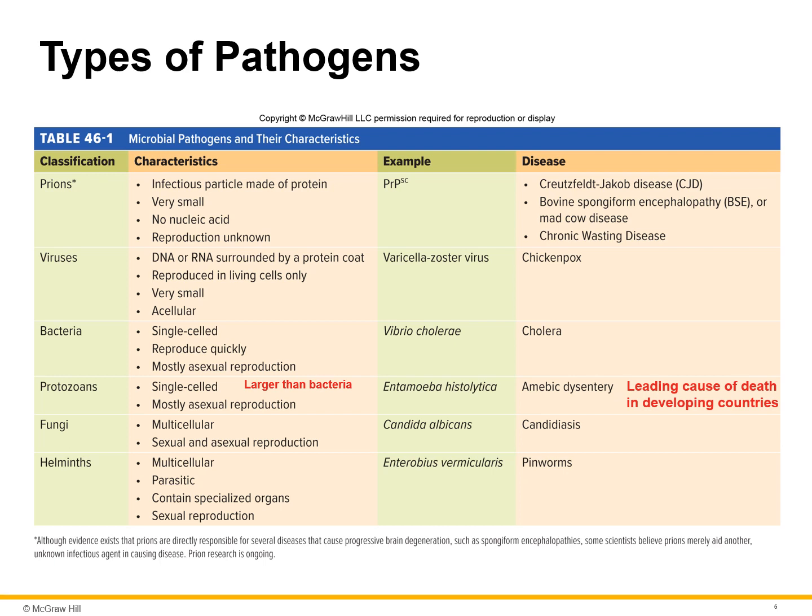Bacteria are, again, single-celled, so prokaryotic. They reproduce quickly. Asexual reproduction, so they don't have to have any other kind of reproductive source other than themselves. Cholera is an example of bacteria. Protozoans are very similar to bacteria, but they are larger than bacteria. Dysentery. Typically, protozoans aren't extremely common, but they are the leading cause of death in developing countries because they're usually found in contaminated water and soil and food sources